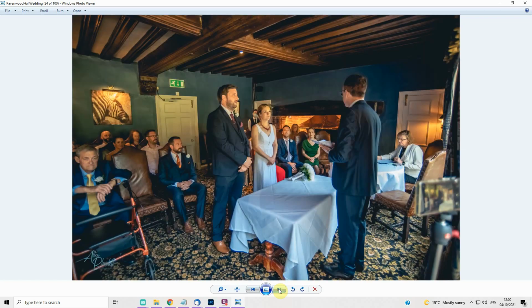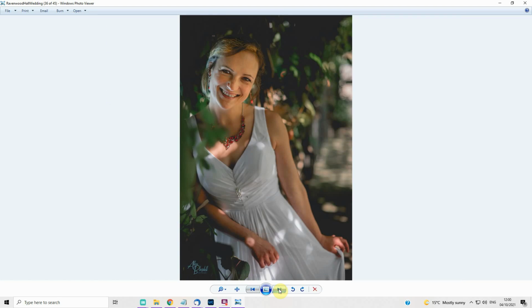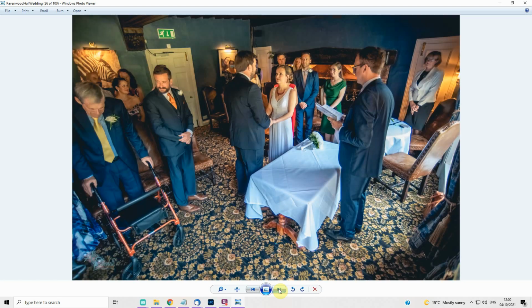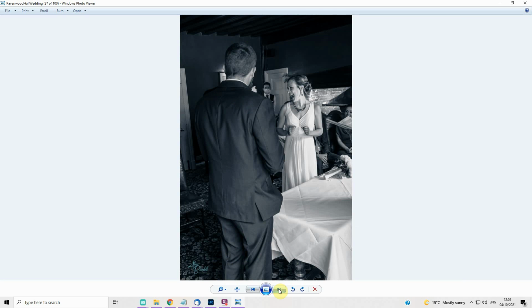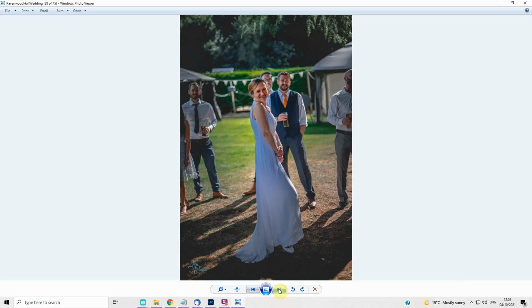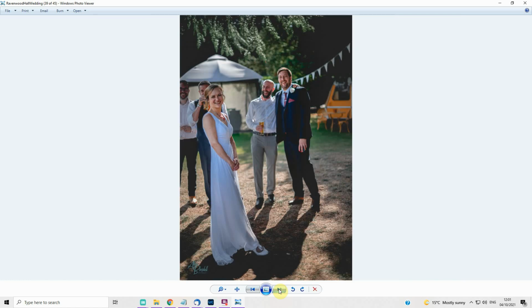So as you can see, a wide variety of shots. We've got indoors, the ceremony, portrait shots, and just, you know, kind of documentary, this is what's happening at my wedding type shots. All manually focused. So let's now look at Lightroom, and what we're going to look at